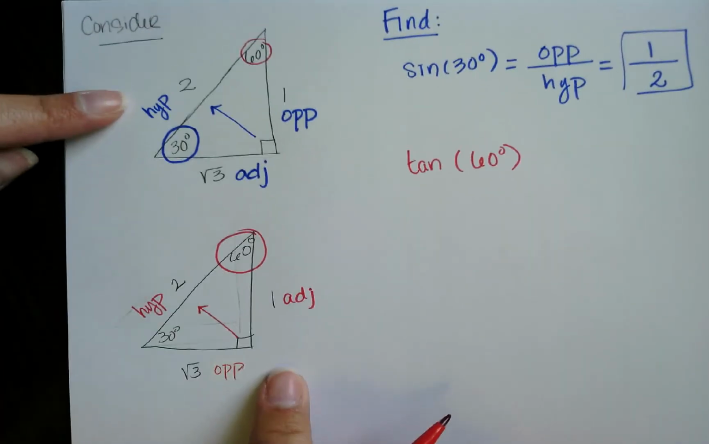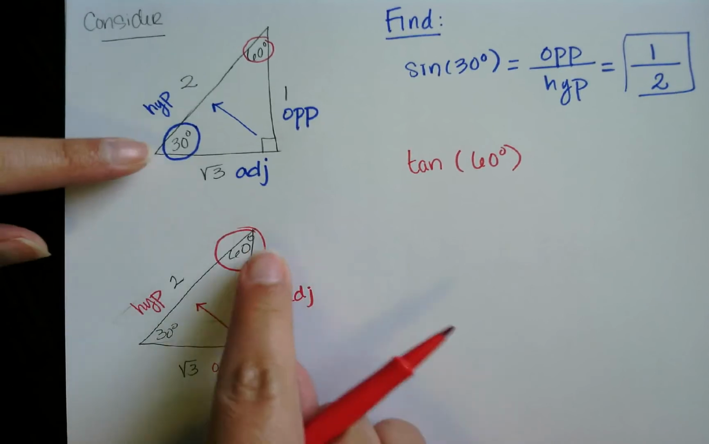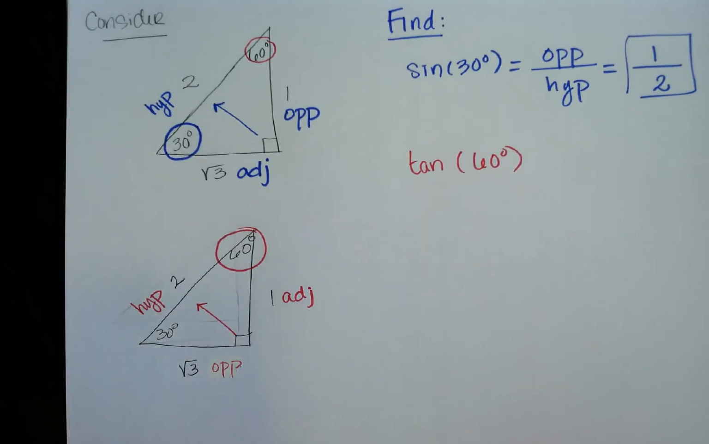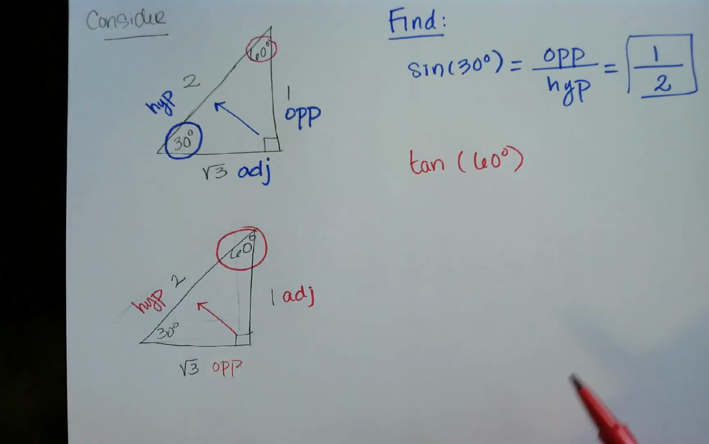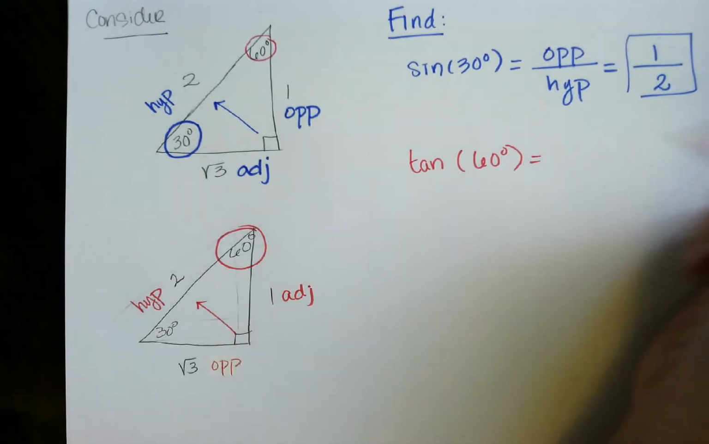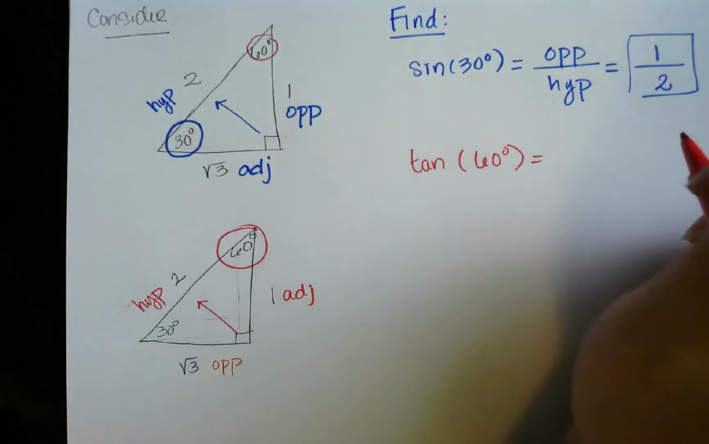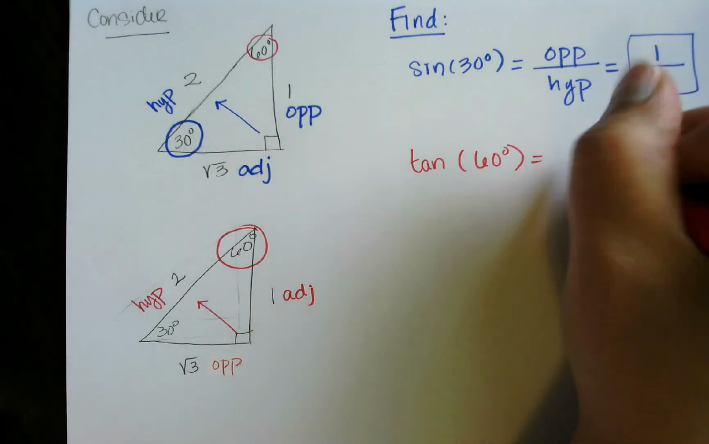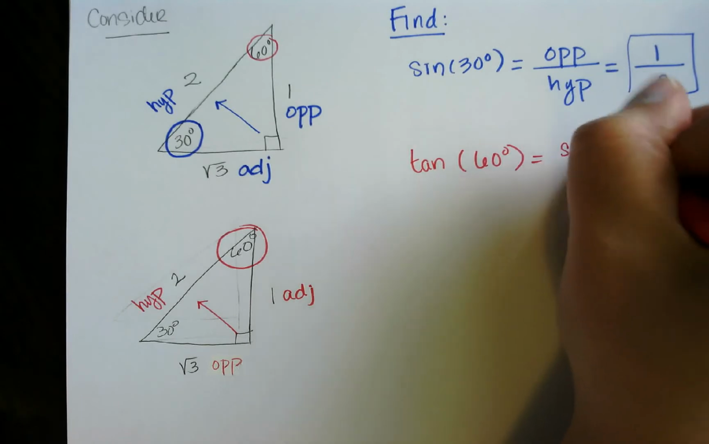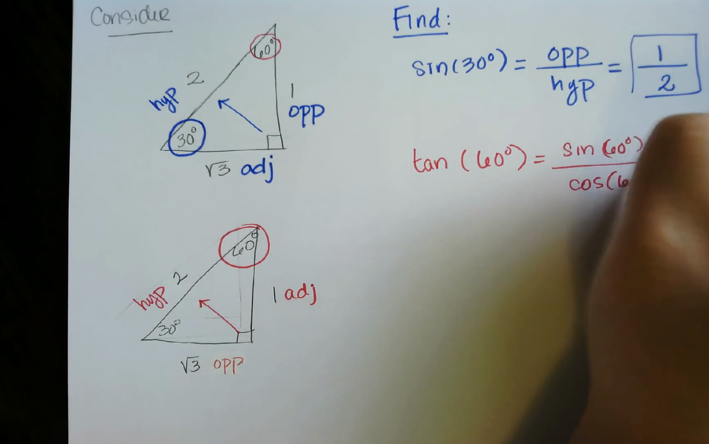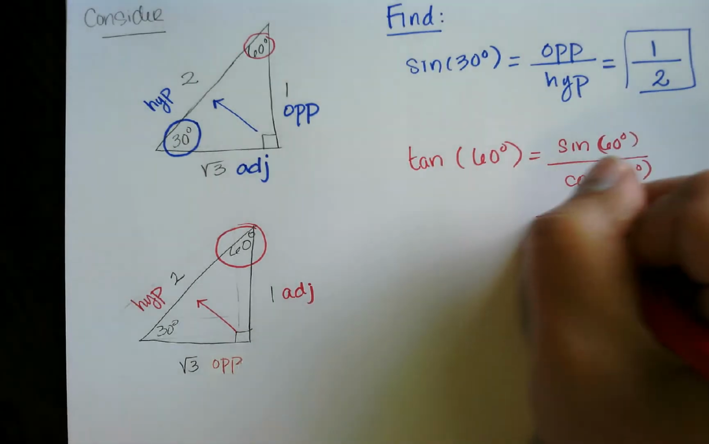So notice how the labeling has switched because we have switched angles. I redrew it, switched it, and now I can find my tangent of 60 degrees. So tangent is, again, sine over cosine. So it is sine of 60 degrees over cosine of 60 degrees, which equals,